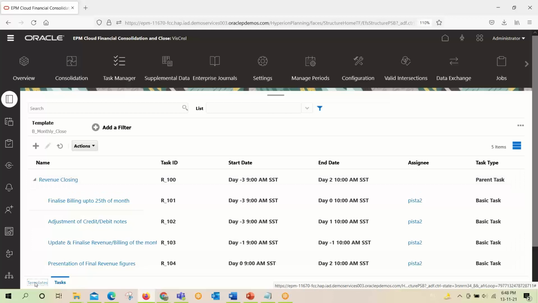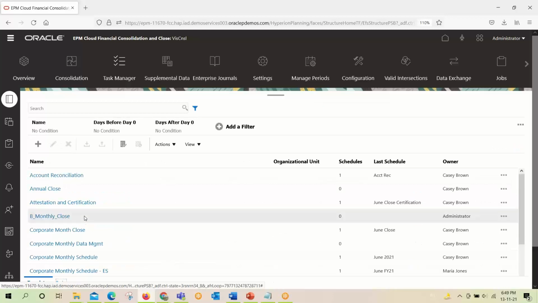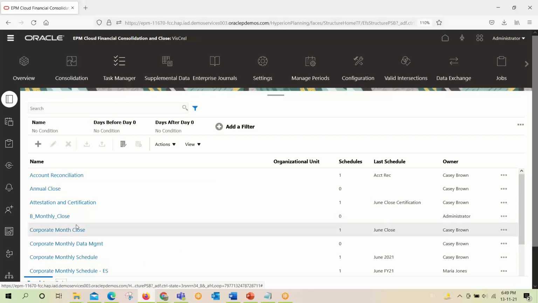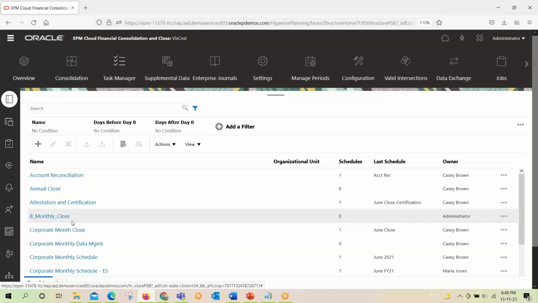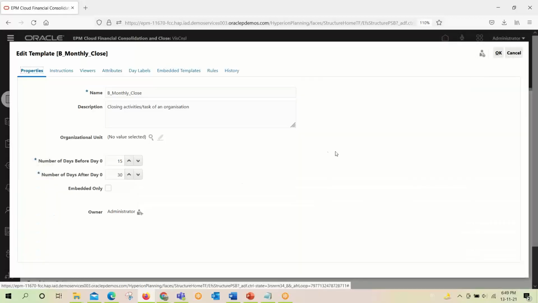For the purpose of understanding, I have already created one template for our purpose. This is B_monthly close. I will show you the different parameters and options available for it.